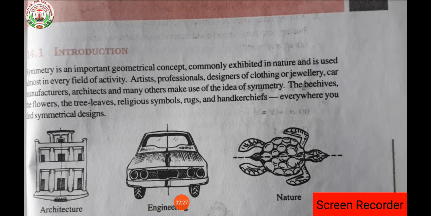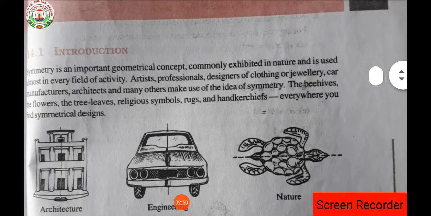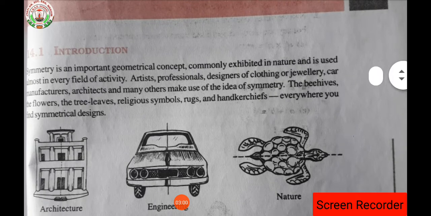So what do you mean by symmetry? A symmetry is a ray or a line, a dotted line, which divides any object or any image into two equal parts. Two equal parts means identical parts. Identical parts means the line that distributes something into two equal parts is called symmetry. So have you understood what you mean by symmetry? Symmetry is a line which divides the object, image or anything into two identical parts.